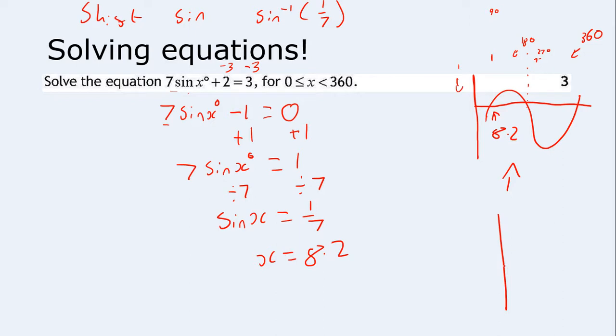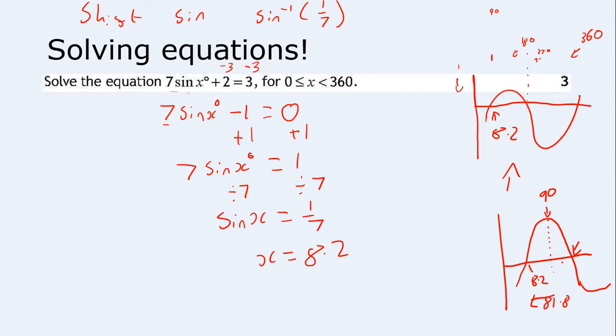sketch. What's happening is it's crossing at 8.2, and then it's coming back down. This highest point is 90. So this goes on to do the rest of the sine function, but what we're seeing here is it comes in at 8.2, it reaches its maximum here at 90, and then it comes back down, and we're being asked what this point here is. So you might have spotted that the question then is, what's the difference between 90 and 8.2? So 90 take away 8.2 is going to be